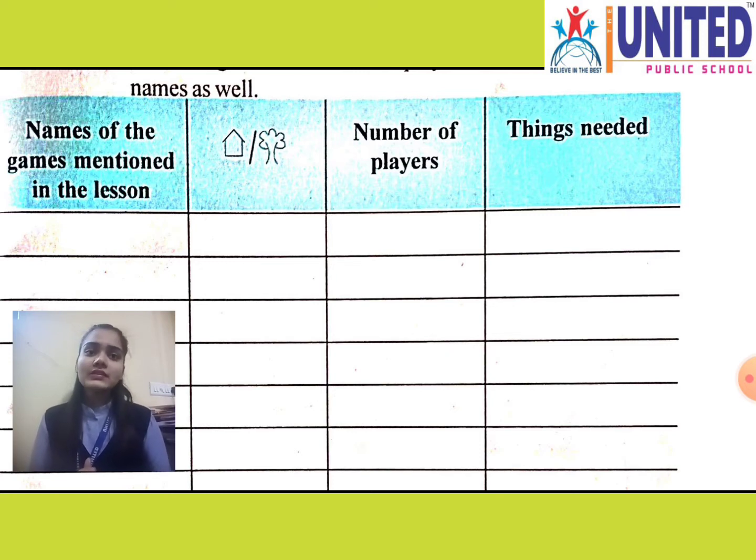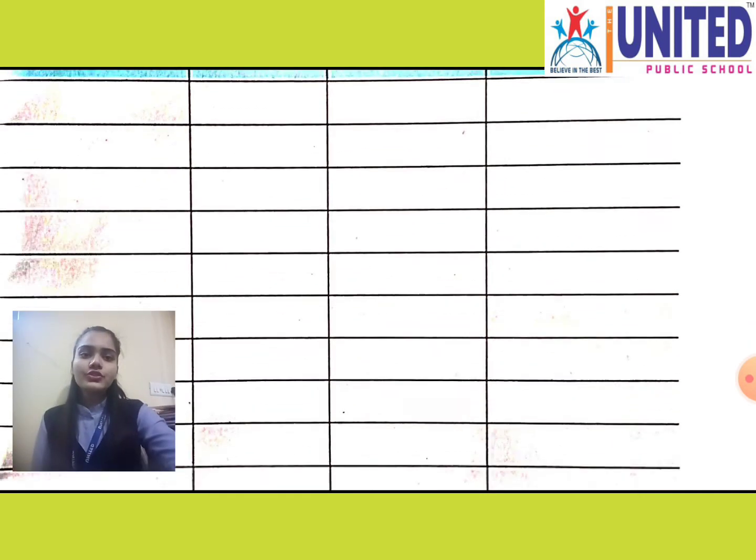Now in the third column, number of players. In this game, more than two people can play, so we can write two or more players here. Now, things needed. Which things are needed for this game? Chalk, because to make the hopscotch game we need chalk. And second, a marker, sorry, we need some marker like a stone, so we need that. So you got it. Like that, beta, in this way you have to fill up this box. So you got it, what you have to do here.